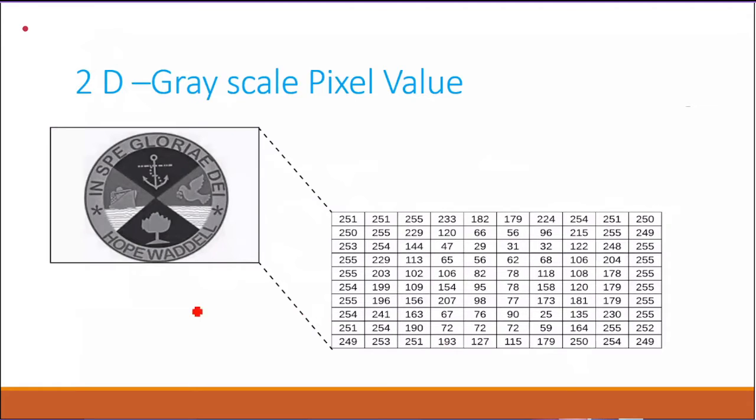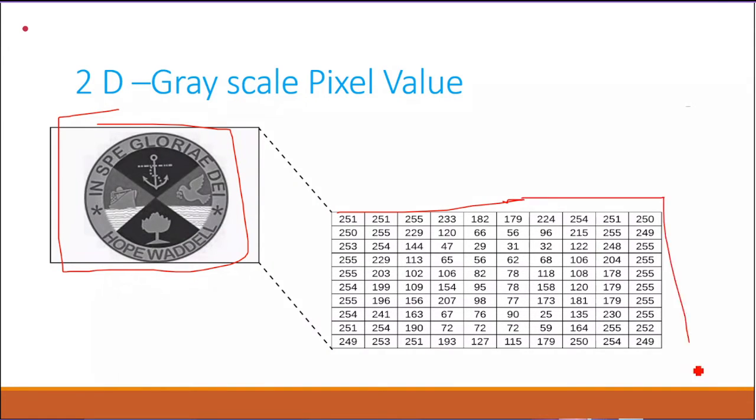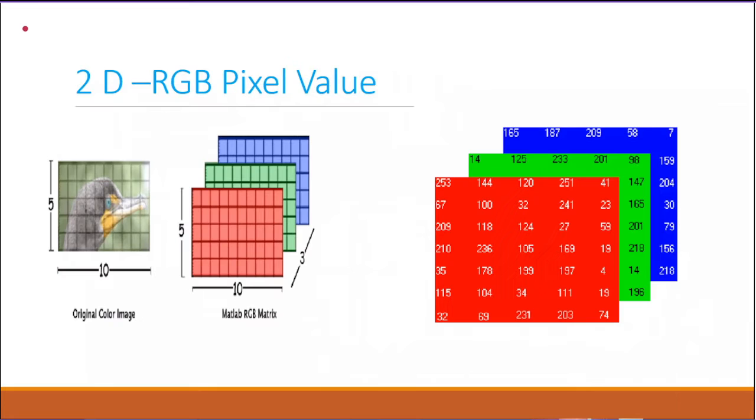Now when you see the 2D grayscale pixel values, there's an image I have to show here. For grayscale images, we have a range of values from 0 to 255. 255 we call white, and 0 we call black. In between we have the range of gray values presented in the 2D dimensions. So this is the height and width we get as the 2D grayscale pixel values. Now we'll go to RGB pixel values.